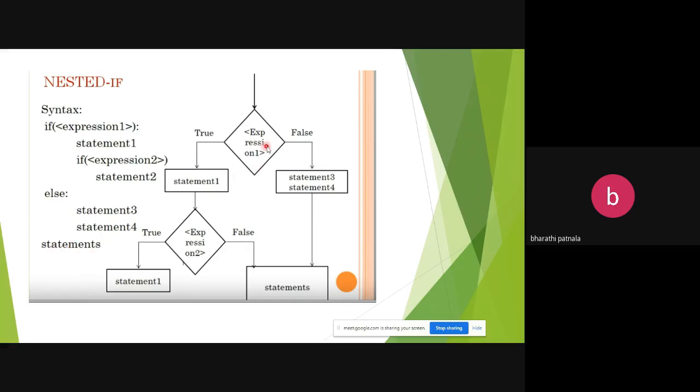That means if expression 1 is true, statement 1 runs, and again you have to check expression 2. If it is true, statement 2 will be executed. If it is false, statement 3 and statement 4 will be executed.